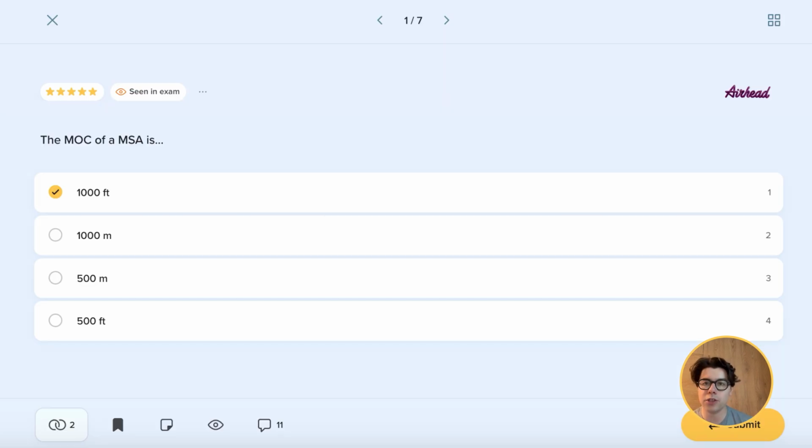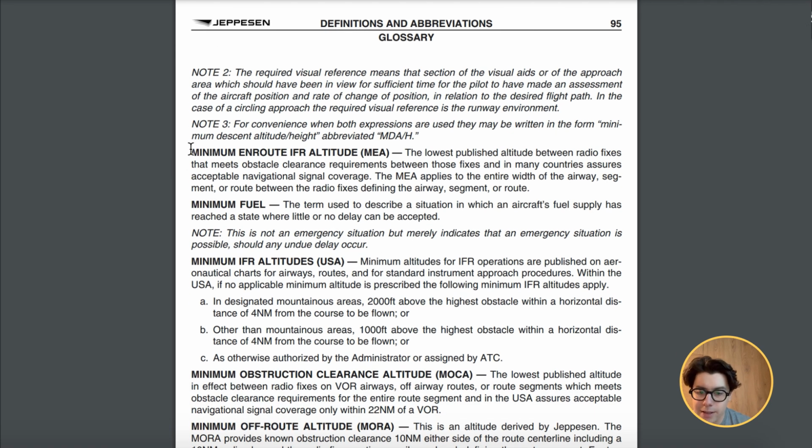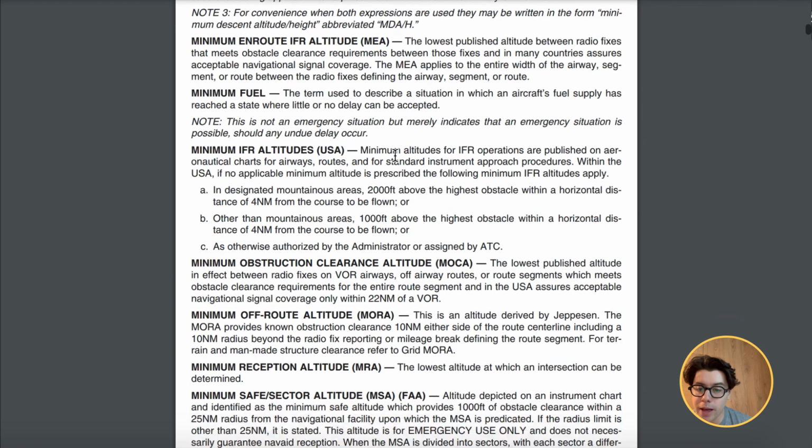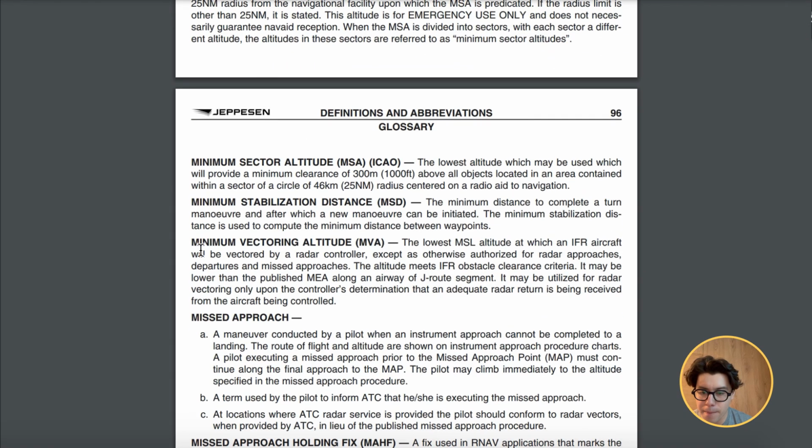And also remember that, generally speaking, all of these different altitudes, so the IFR altitudes that you need to know, like the minimum en route altitudes, minimum off-route altitudes, they all can be found and their definitions in your Jeppesen introduction glossary. I have an electronic version that I can show you real quickly here of the Jeppesen Airway Manual. And as you can see in the glossary section, if they are available in your authority during exams, then take advantage of them. You can clearly see the definition of a minimum en route altitude, as well as your MORAs,